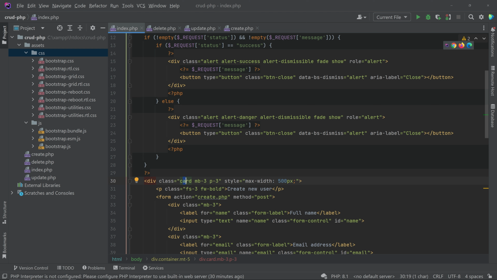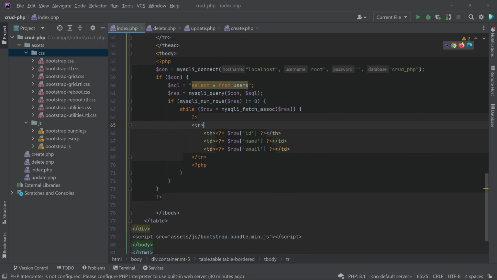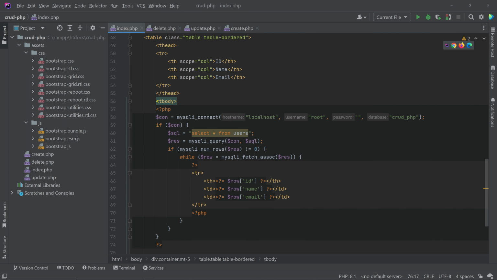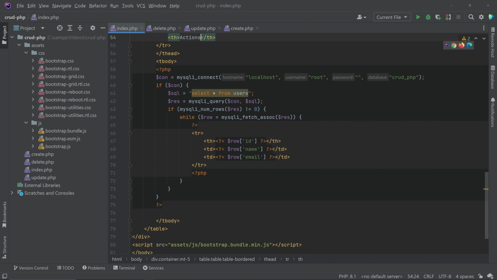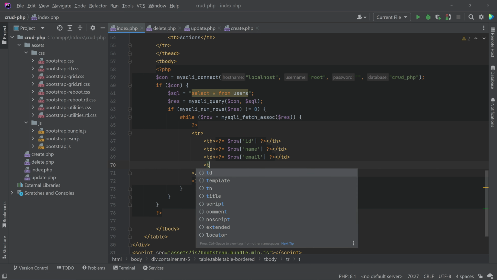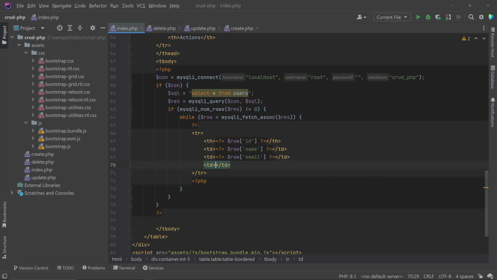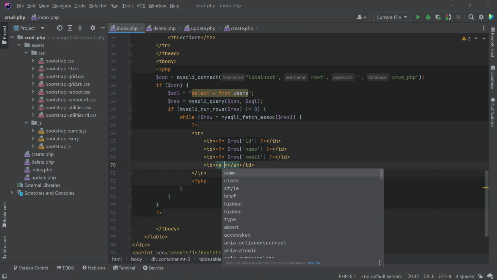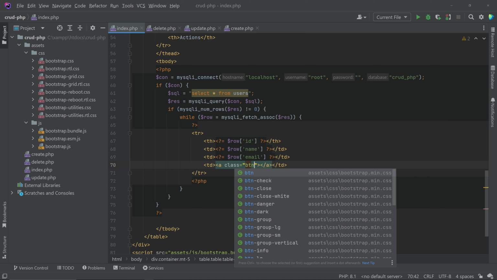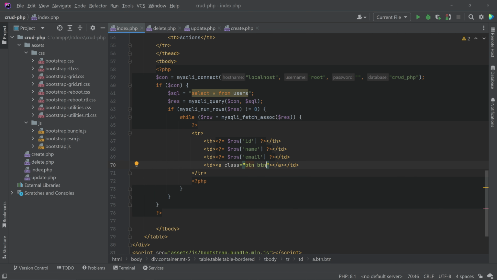Now we can go back to the IDE. Then we have to implement the delete and the update operation. So scroll down and go to the row section here. And here we have to add one more column to the table and to the row header. Can give th and we can give the heading like actions. Scroll down and we can add the data td, and here we have to create two buttons for updating and deleting. So create an a tag, and inside the a tag we have to call the classes btn and btn, maybe like btn warning for the update button. Okay, we can give the text like update,